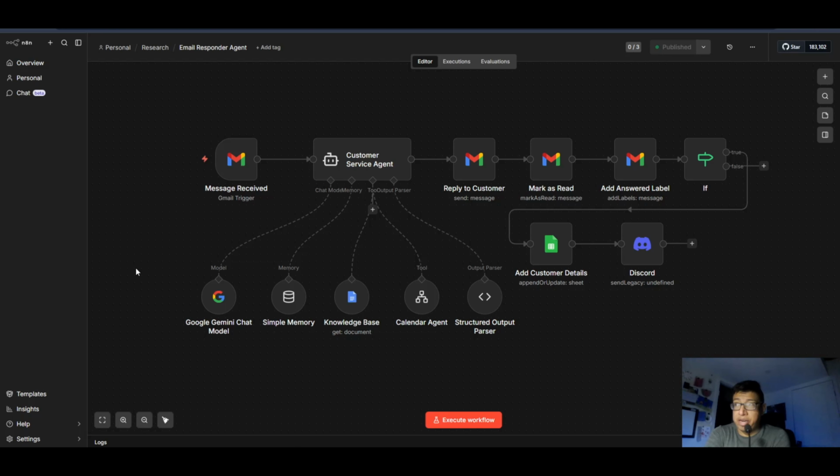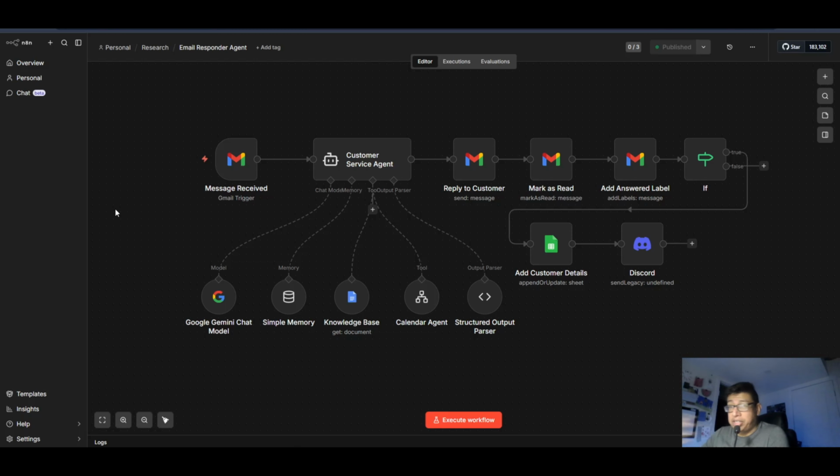Alright, so today what I have for you is just an n8n workflow. This time I made a couple anti-gravity videos, but this was just going to be within n8n because that's all we need here. But as I mentioned earlier, this is a workflow that automates your inbox for you. It replies to any customer emails and it can book meetings for you. Now, before I dive deep into the workflow here, just going to explain maybe some of the use cases that you can use this for.